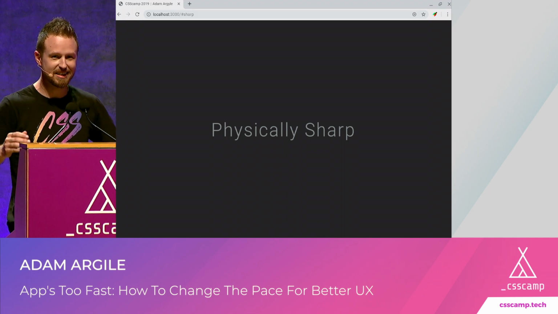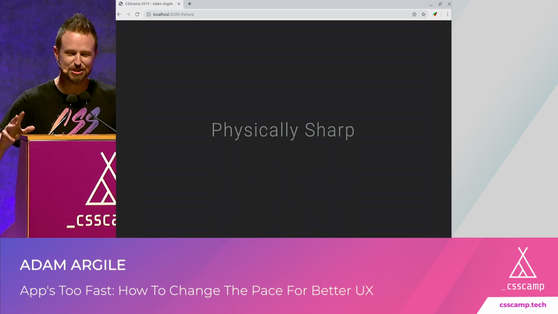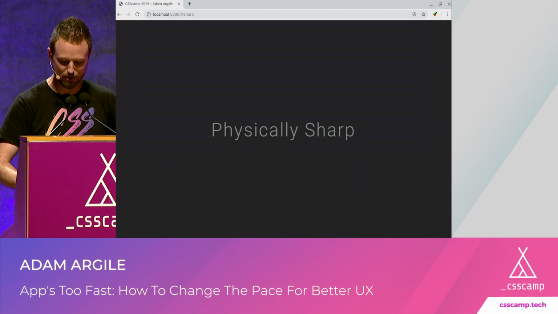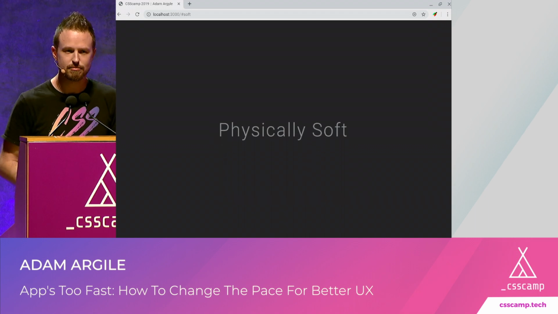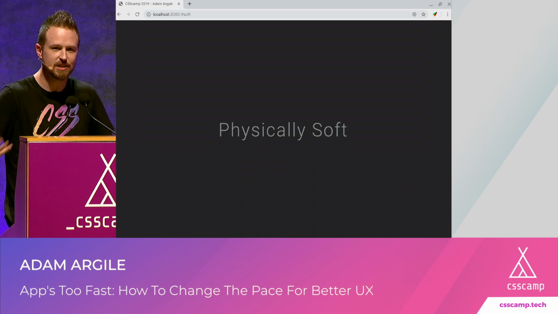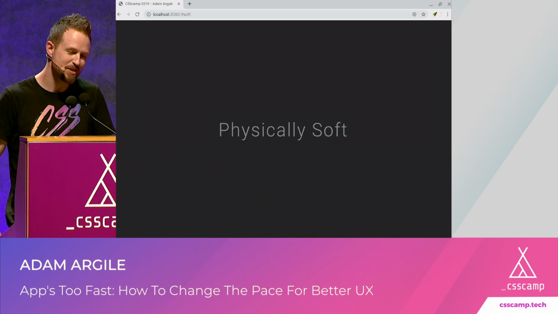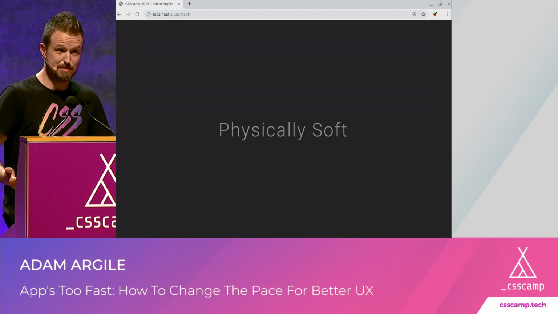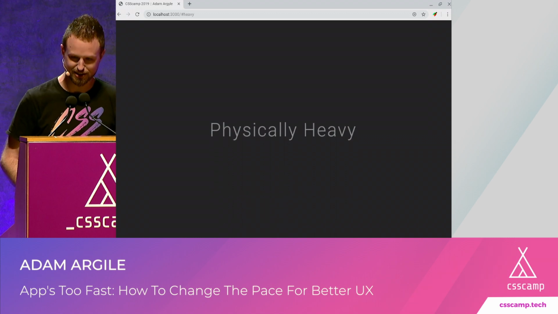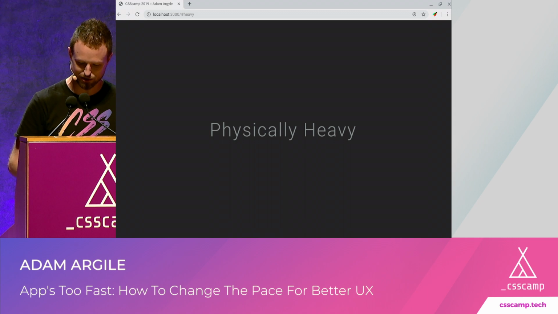Anyway, that's sharp things, right? Think about sharp stuff. It has a feeling to you. And so, each one of these that I'm going to say, I want you to just think about a thing that represents that for you. Soft things, your bed, right? You spend a lot of time in your bed because it's soft and cushy and it's plush. You don't spend a lot of time touching your knife. Maybe you do. I don't know. Some people do. Vikings, they definitely are sharpening their knives all the time.